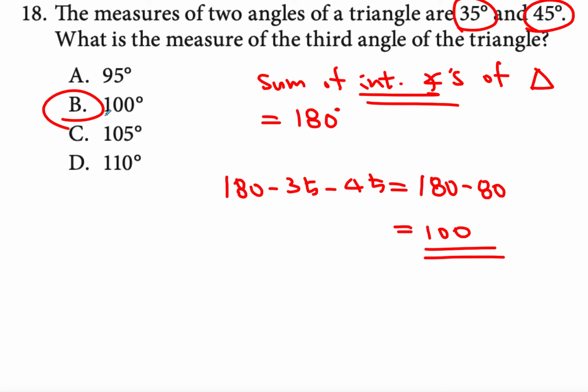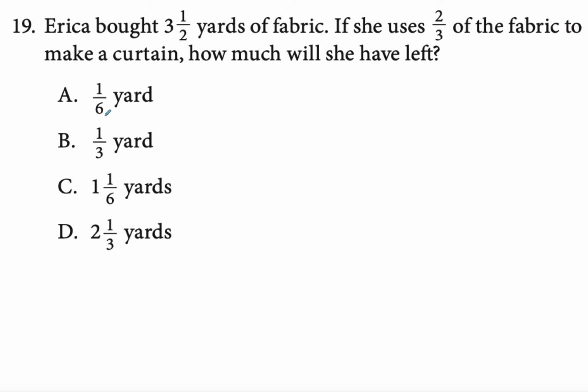All right. Number 19. Erica bought this much yard of fabric, and she uses 2/3 to make the curtain. How much will she have left? So since she used 2/3, we know that she only has 1/3 left. So what we actually need to figure out is 1/3 of that. That's how much is left. So in other words,